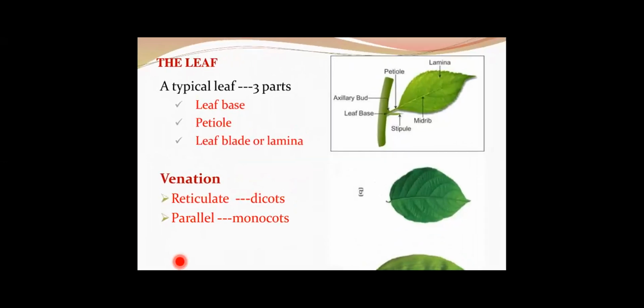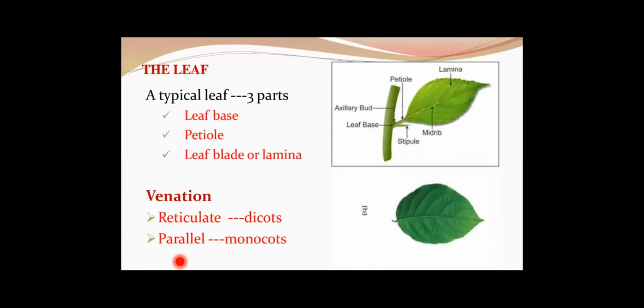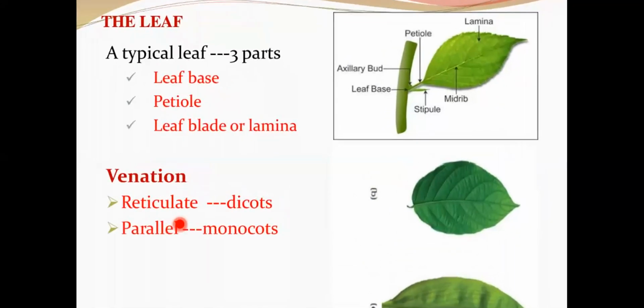So the next part in this chapter is the leaf. What is leaf? Leaf is generally a lateral flattened structure which is borne on the stem. It develops at the node and bears a bud in its axil. You must remember that every leaf has a bud in its axil. These leaves originate from the shoot apical meristem, and they are arranged in an acropetal order. I repeat, they arise from the shoot apical meristem and are arranged in an acropetal order, and they are the most important structure for photosynthesis, as we all know.